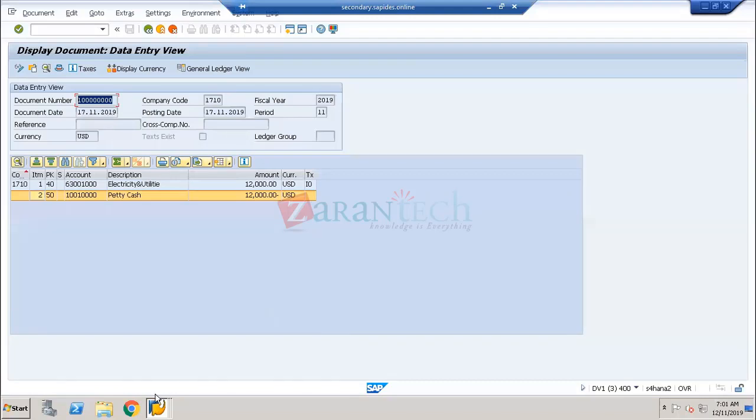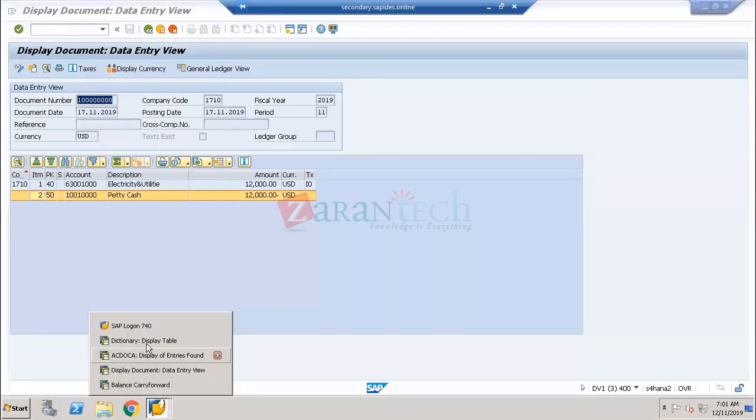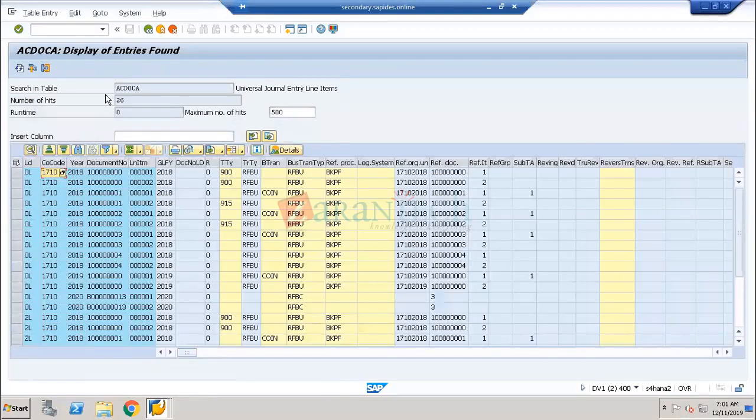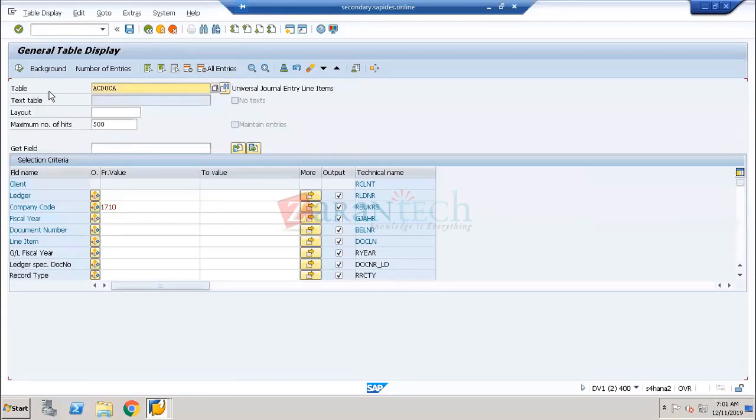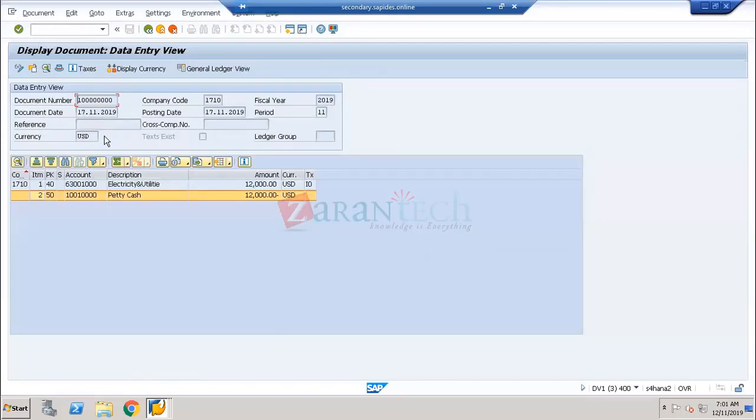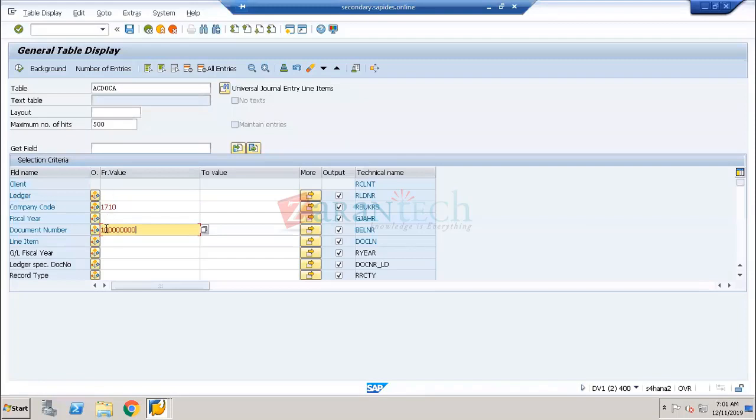If I go to this particular table, for example, I want to see this document in the table. Which table? The ACDOCA table. Now, if I look at the table for the company code, I'm giving the document number also, for the year 2019. Now, when I open this document,